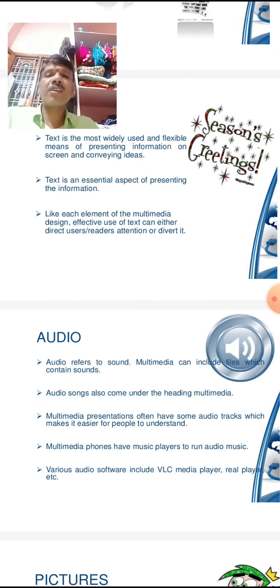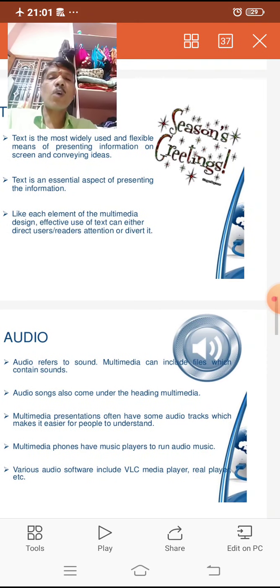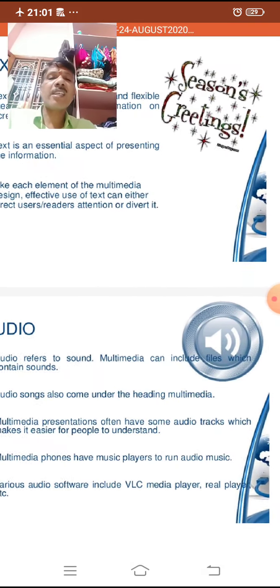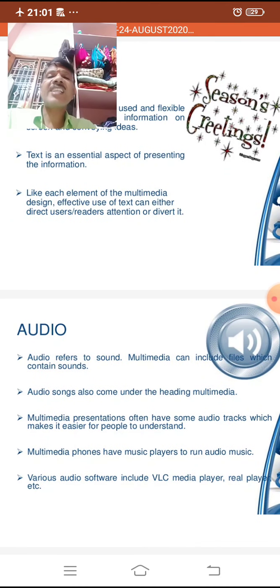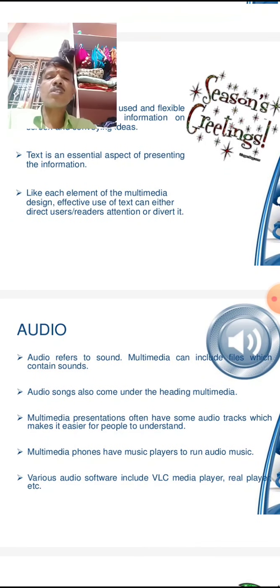Here, audio refers to sound. Multimedia can include files which contain sounds. Audio songs also come under the heading multimedia.